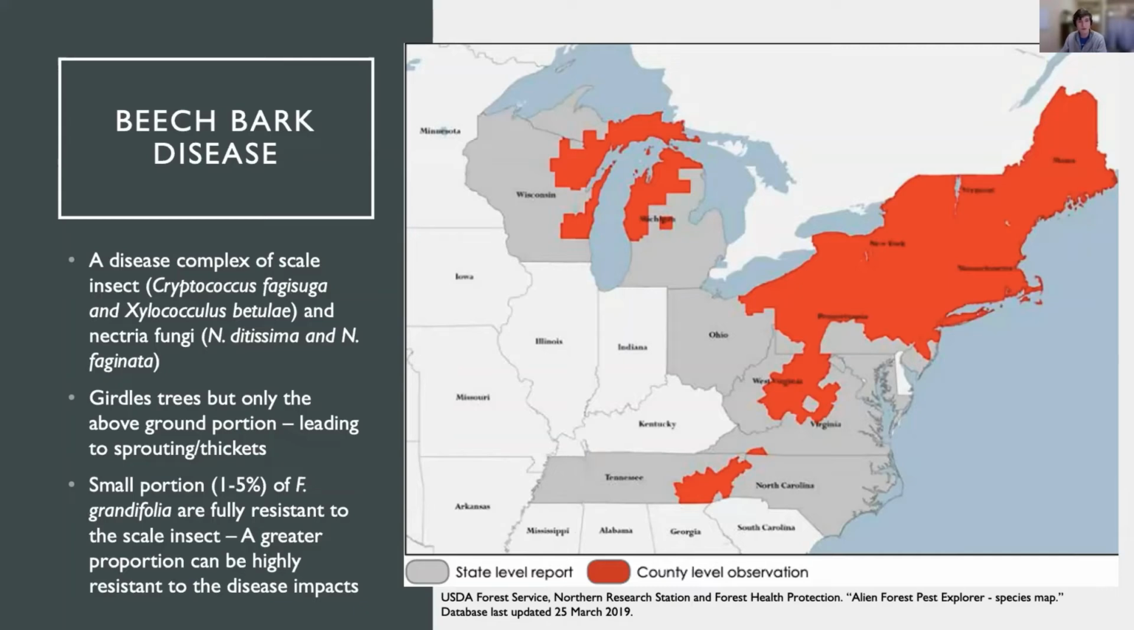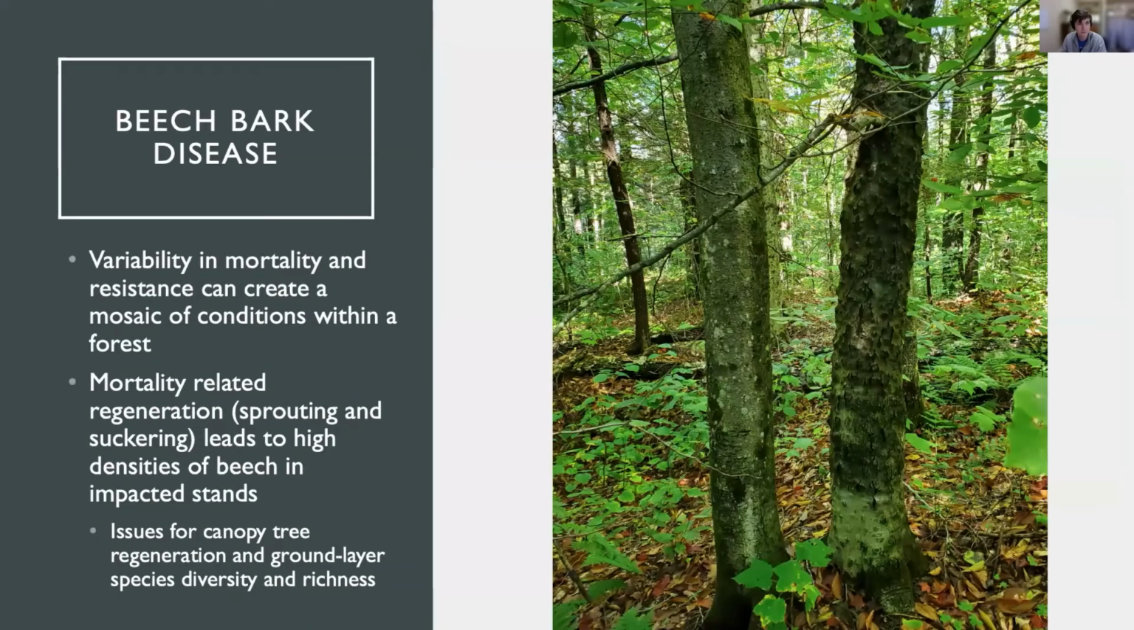And this kind of variability in when trees get the disease and then when trees die from disease is something that's kind of confusing and can generate some complexity. So variability in mortality and resistance creates a mosaic of conditions within forests affected by beech bark disease. Beech within these northern hardwood forests initially was a very important species in the canopy, and after the initial killing